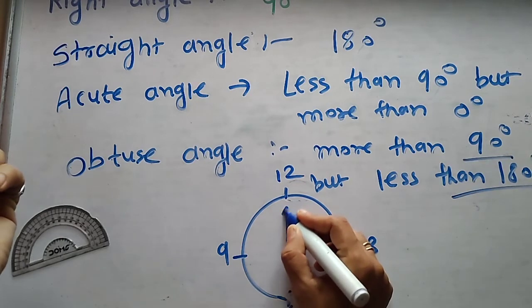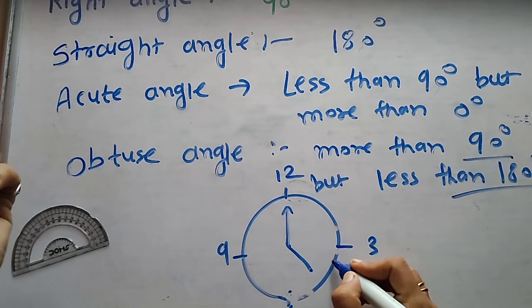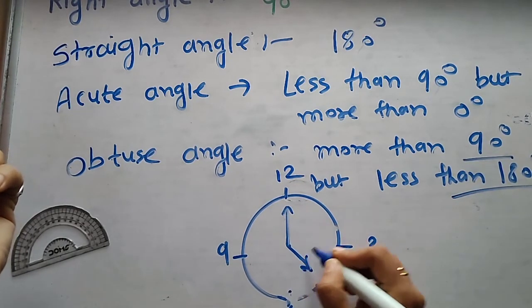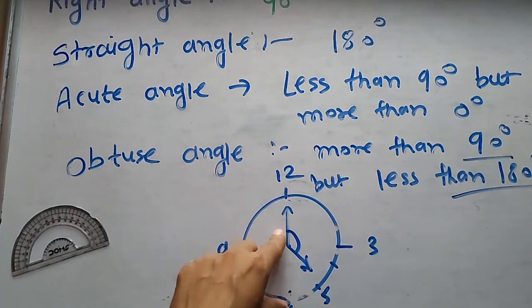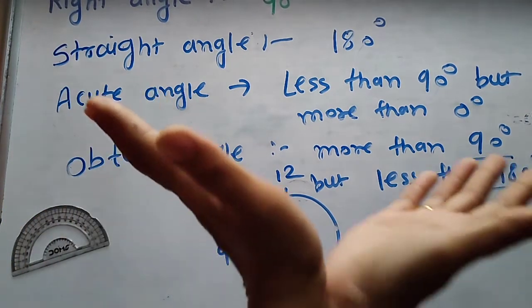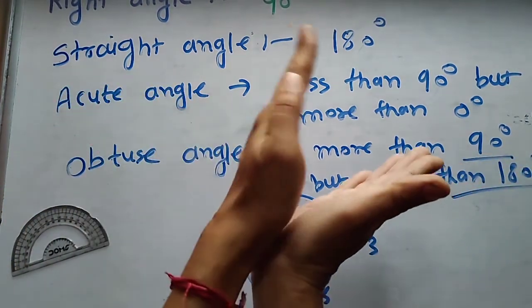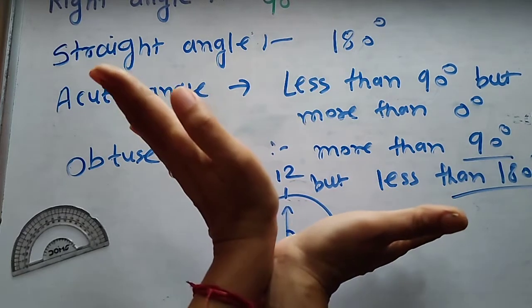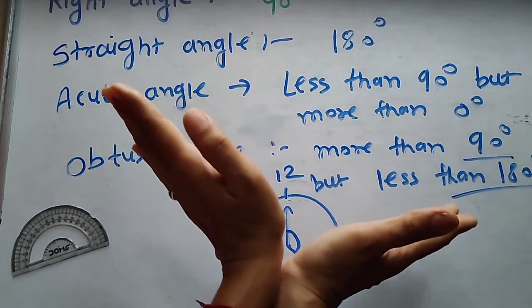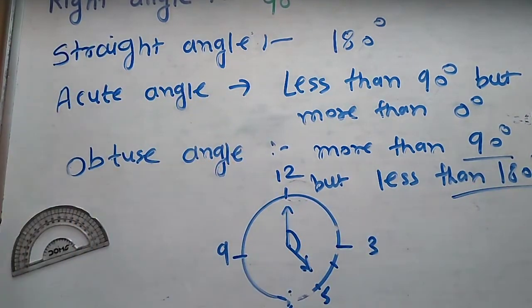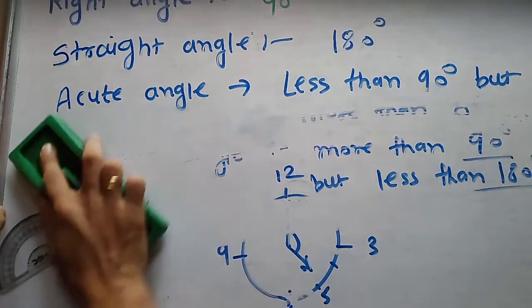So what timing is 5 o'clock. See here. This type of angle forms here, this type of angle is called an obtuse angle. Okay, so obtuse angle, how to see, like this, open. Acute angle is like this, but an obtuse angle we get open here. Okay, this is more than 90 degrees, so you identify which type of angle.